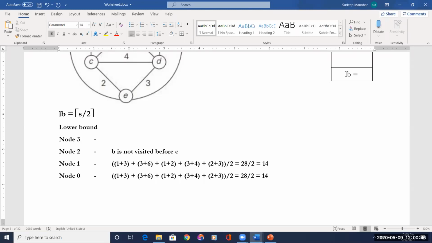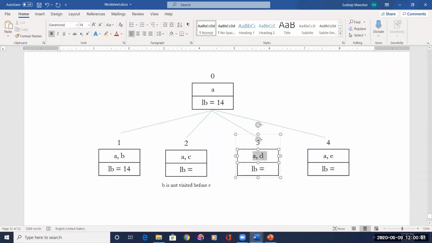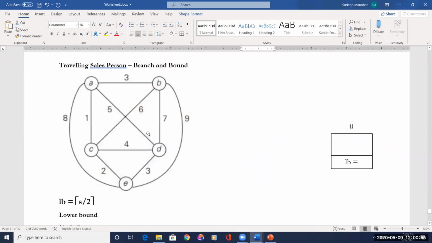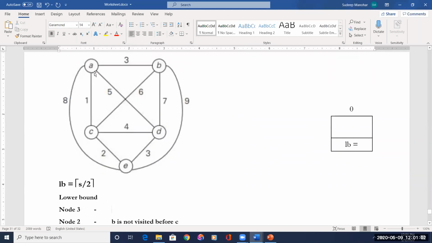For node number 3, we are considering the edge A to D. Remember this, you are considering the edge A to D. That means this edge from A to D, we have to consider in the calculation. Now let us see how to calculate the lower bound. For city A, which are the two minimum, 1 and 3 are the minimum. But the condition is you have to consider this A to D. Consider this A to D, 5 has to be considered. Then one more is the minimum one. 1 you are supposed to consider because it is minimum. So 1 and 5.